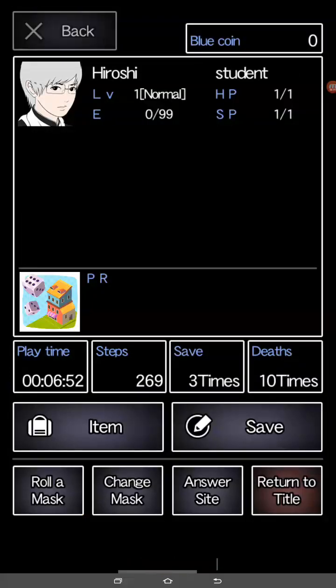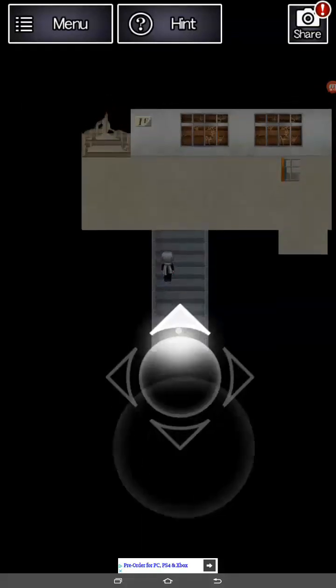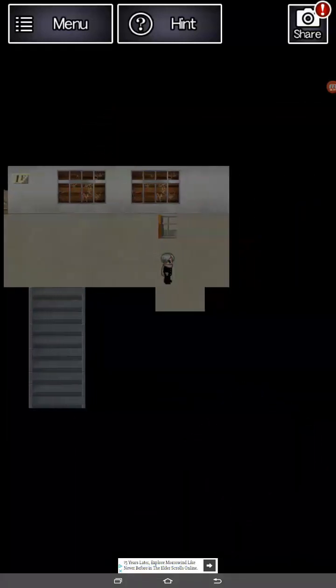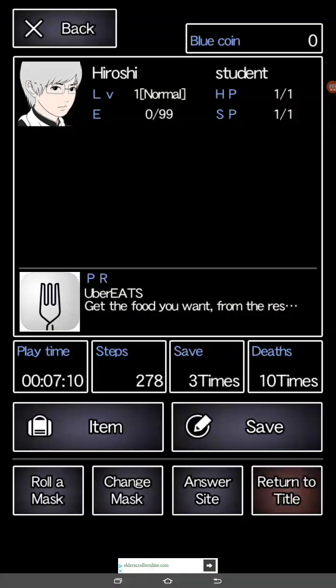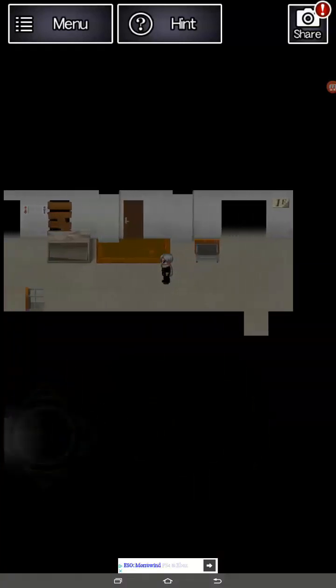Excuse me, jellyfish? I don't know what it is. But man, there's so much stuff to do on this floor. The good thing about a big floor, though, is it's actually a lot easier to run away from this monster chasing you. Since there's a lot of places, you're not going to run into many dead ends. But anyways, the first thing let's do is...